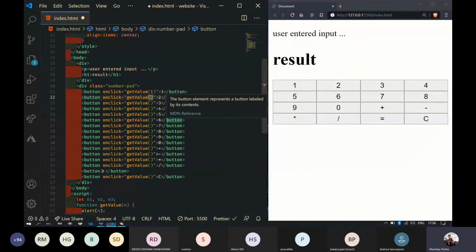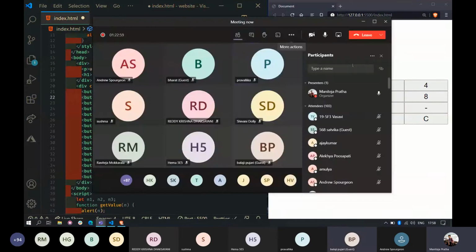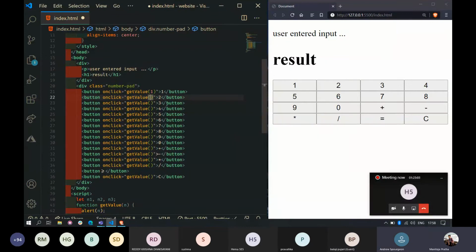Whenever the user clicks this button 2, what is the value that I need to send? 2. Whenever the user clicks this 3, the value that I need to send is 3, and 4, 5, 6, 7, 8, 9, 0. This will be a string, right? So in quotations.